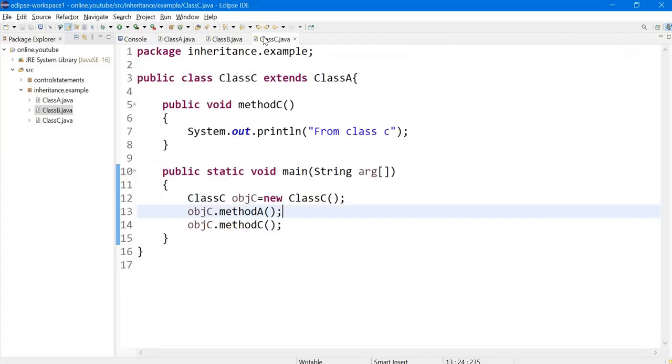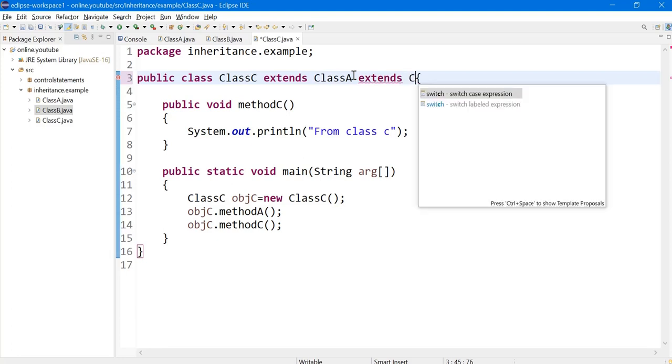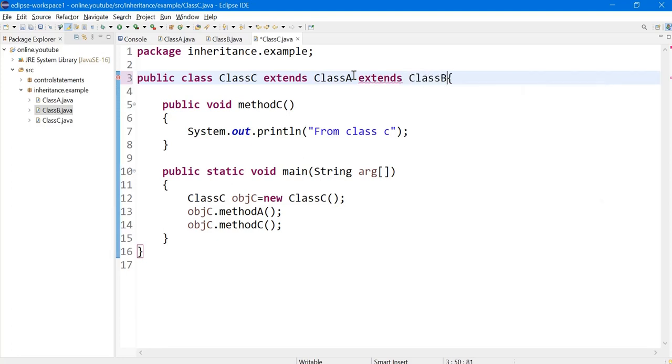I'm already extending class A. Now if I try to extend another class B, what does it say? Look here, syntax error on token extends, permits expected. That means Java does not support multiple inheritance in the case of classes.